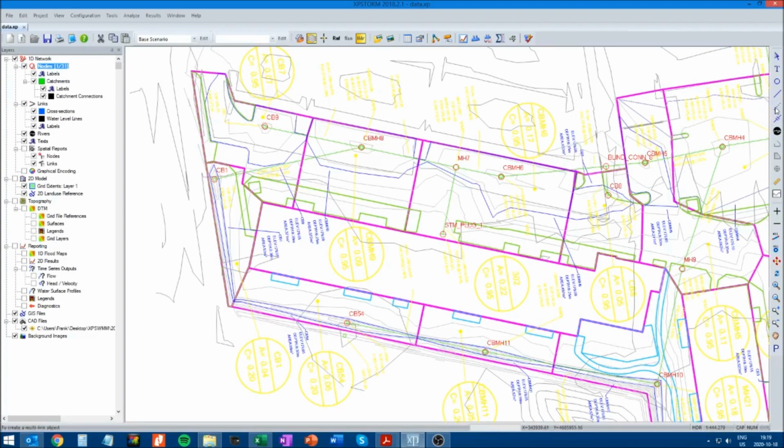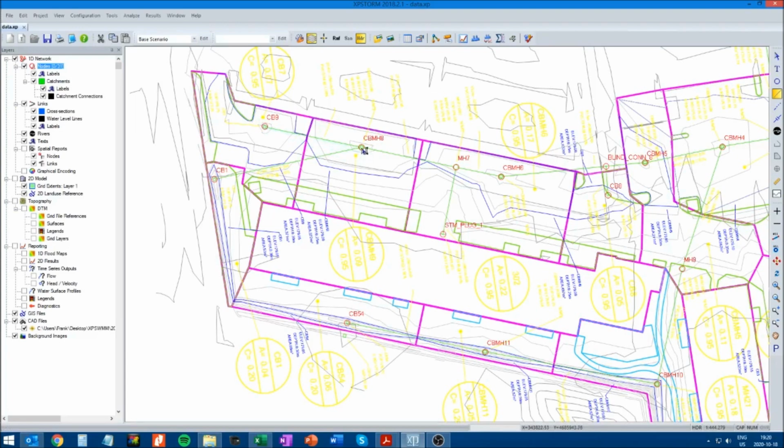and later on we may change some of them to multi-links, meaning that there's going to be pipe flow as well as overland flow. For example, between these two structures, we will have flow going through the pipe, and then these catchment areas, what's happening is the water will pond on those CBs, and then it might spill to the next area, and so on. So we'll set those up later as multiple links for the pipe and for the spill. But for the time being, I'm just going to select link and start connecting